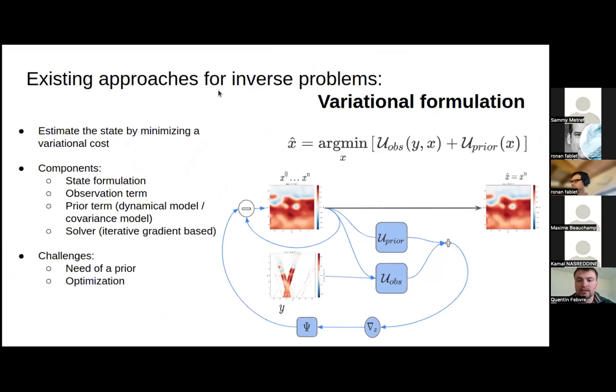For this, we can look at existing approaches for inverse problems. First, we can look at the variational formulation for inverse problems. We estimate the target quantity by finding the state that will minimize a certain variational cost. This cost is composed of 2 terms: an observation term, which can traditionally be a distance to the observations where we have some, and a prior term or regularization term, which is